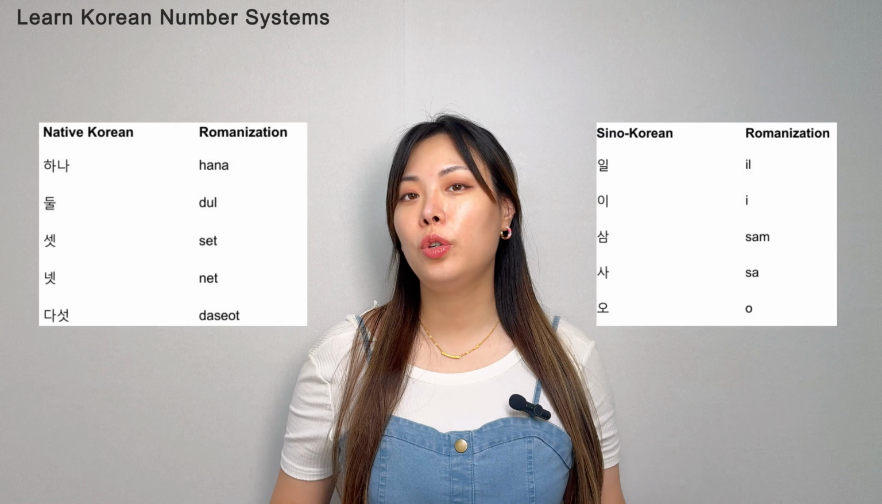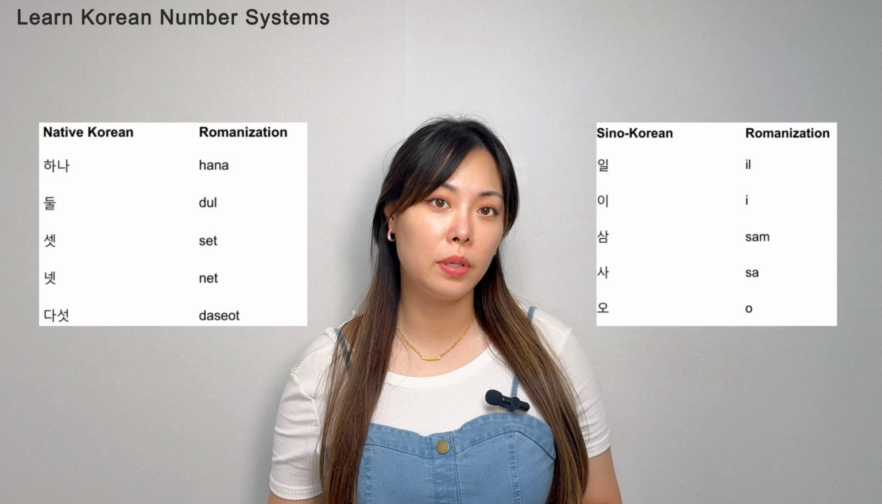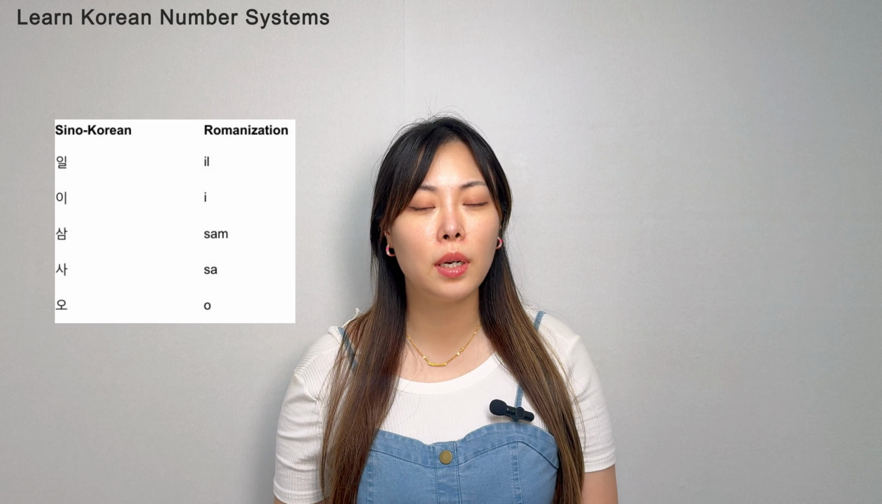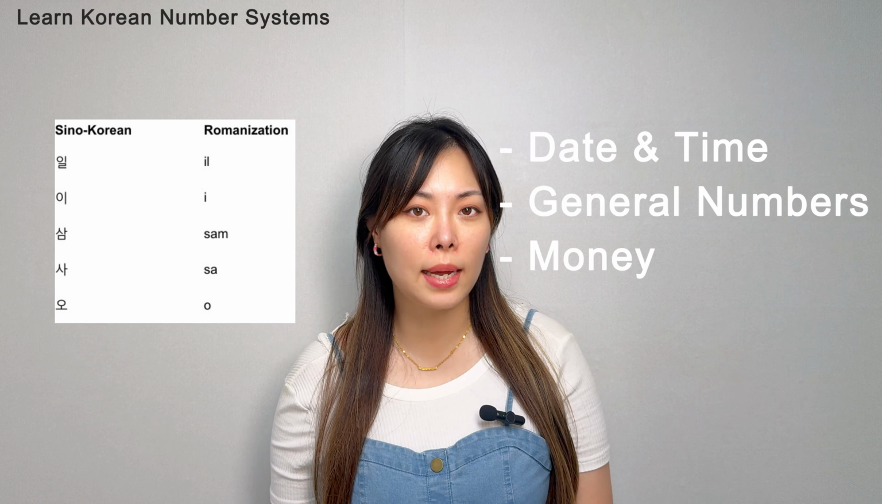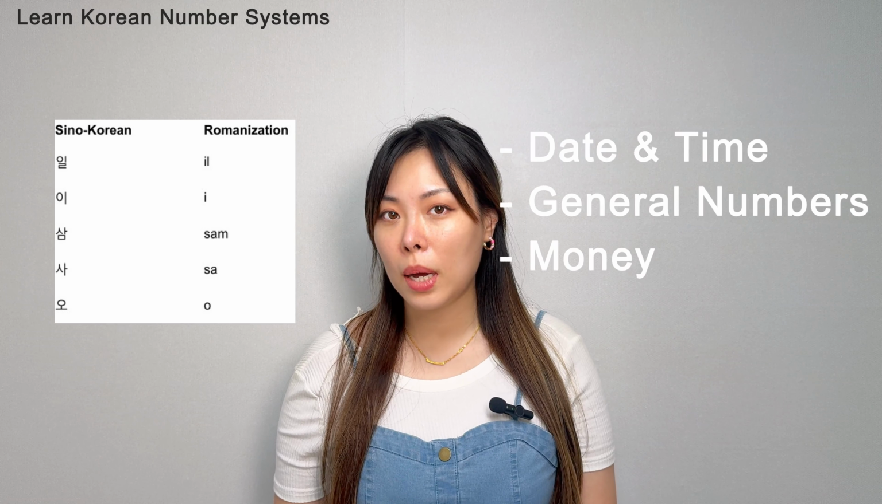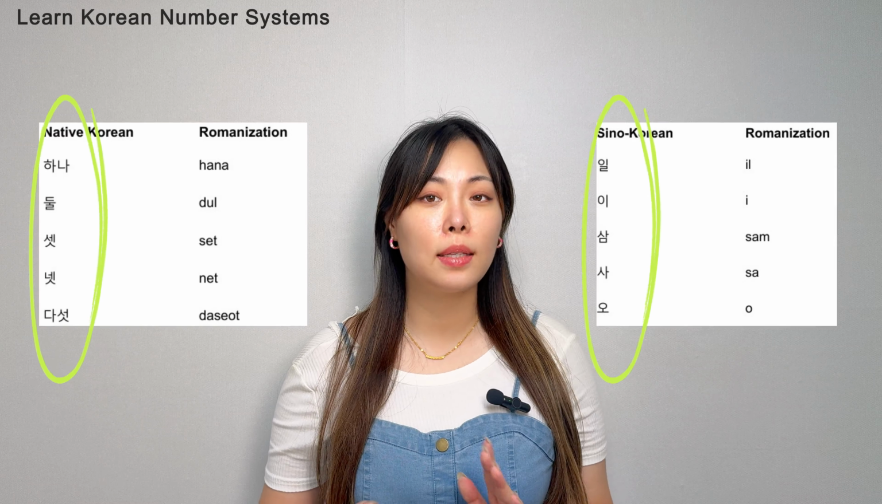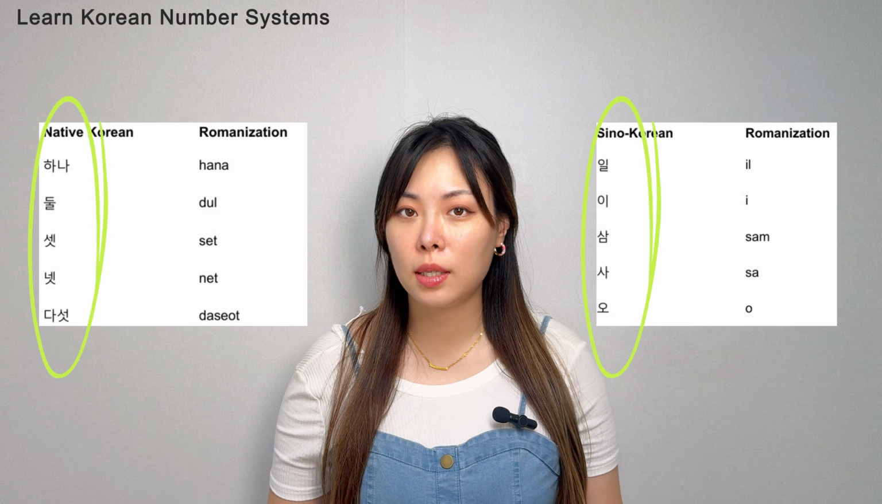In Korea, we use these two different sets of numbers. Native Korean is mostly used for counting, and Sino-Korean numbers are usually used to express the date and general numbers, count money, and for mathematical numbers. The way you say these numbers are different for each system, which can be very, very confusing if you're new